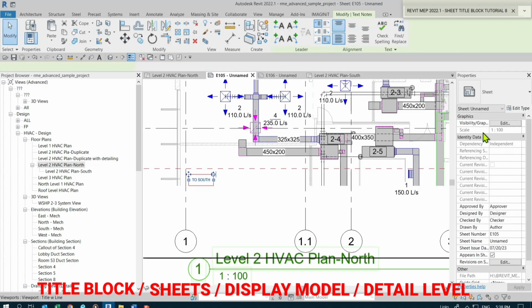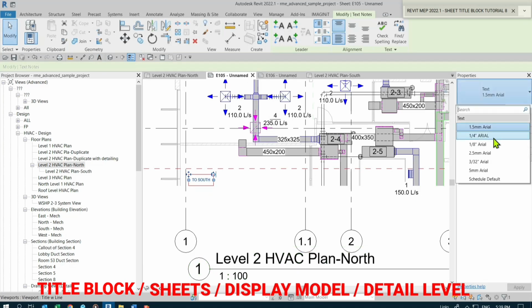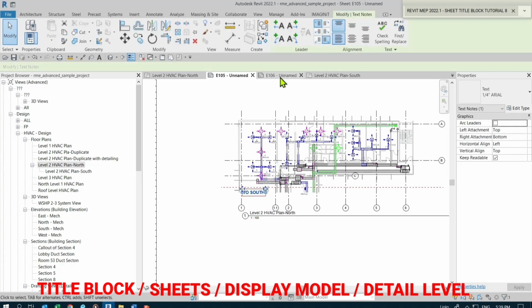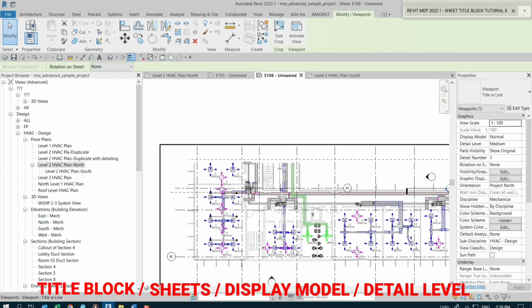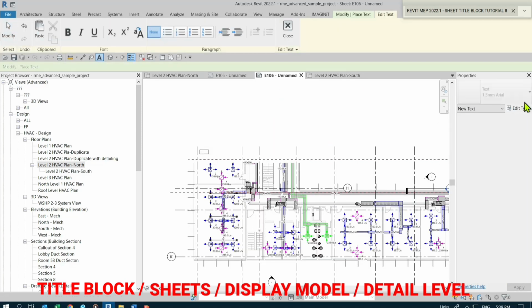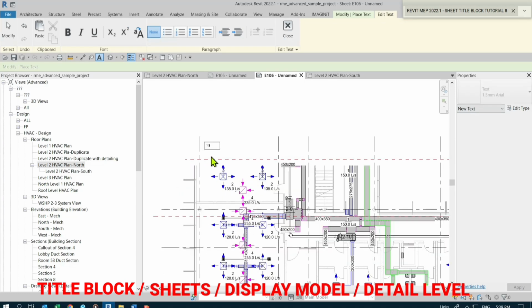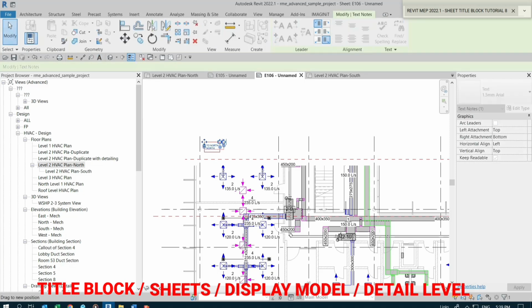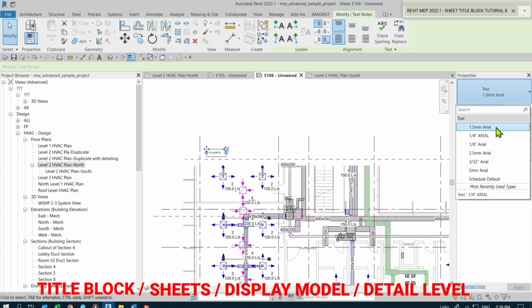As you see on the screen, this text is smaller, so I changed it to 1:4, and I just mention to north, and then on the other sheet I am going to mention to south. So this is how you can add the match line text to show the views